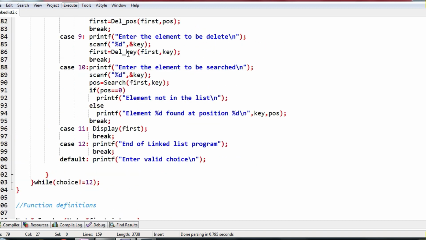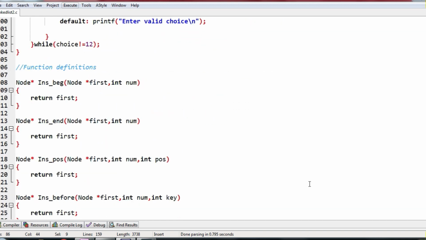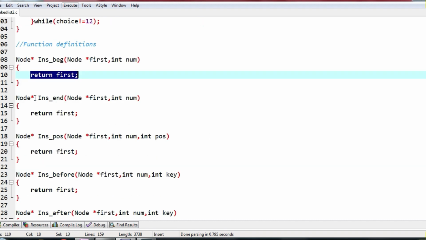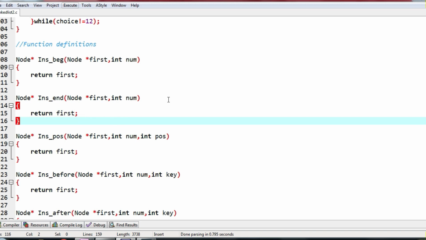Now when we call a particular function by passing these values, what instructions need to be actually executed and what value should be returned, for that we have to write the detailed function definition, which we have not written. So in the previous class we have just written stubs, and wherever there is node star we have just written return first, like this, because otherwise we will not know where the error is present.